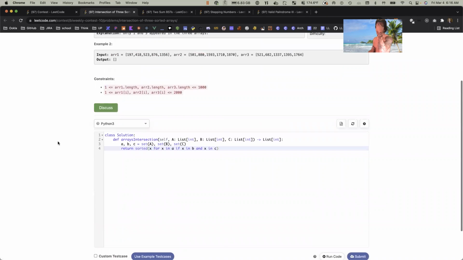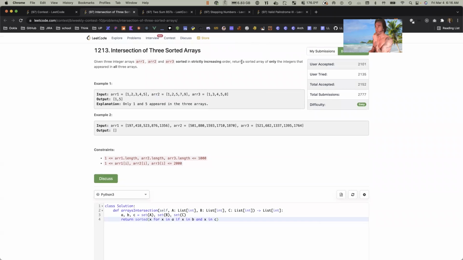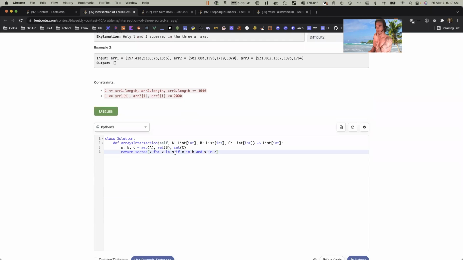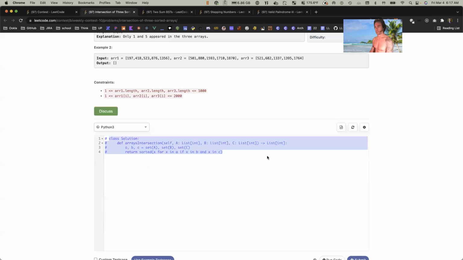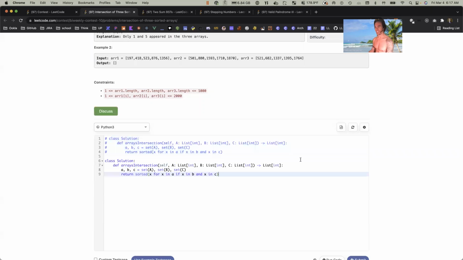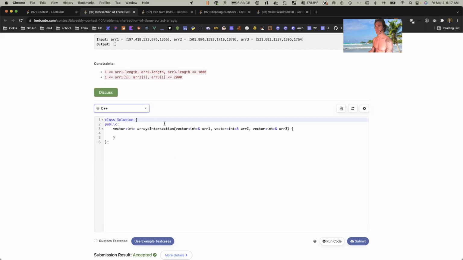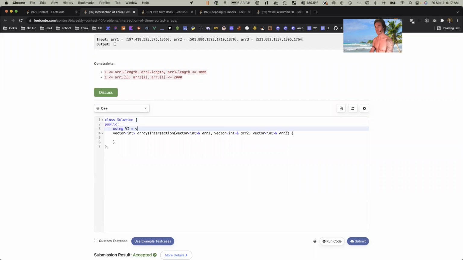Okay, well, you should say return an ordered array, but whatever. Okay, so that's kind of like the cheaty way to do it. I just turn them into sets. Anyhow, let's do this one more time in C++,